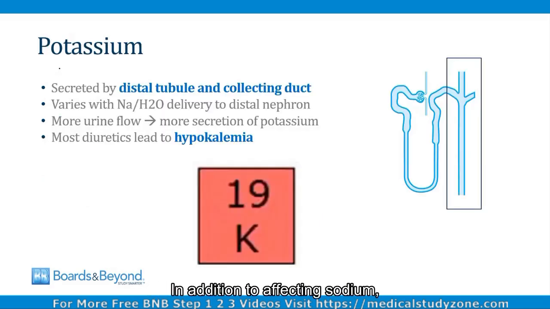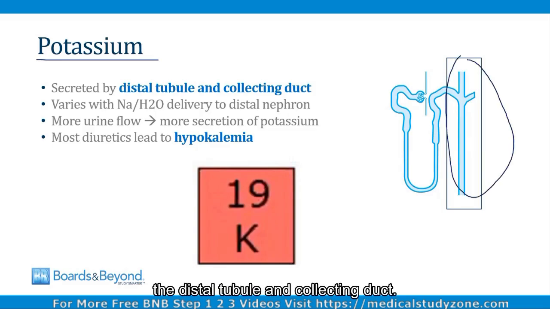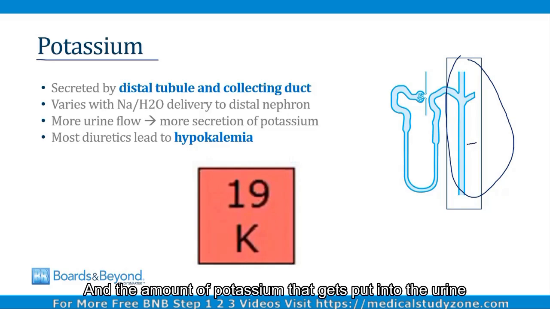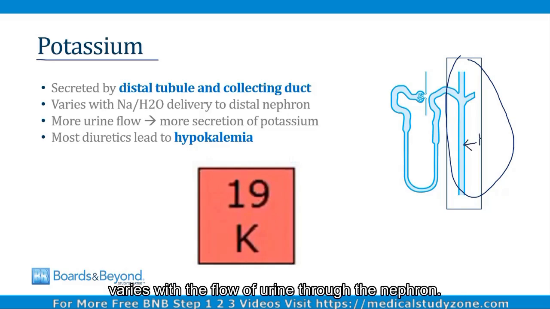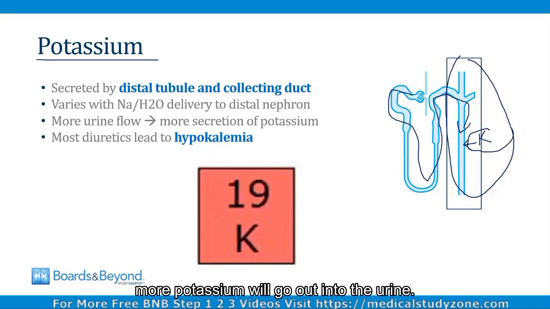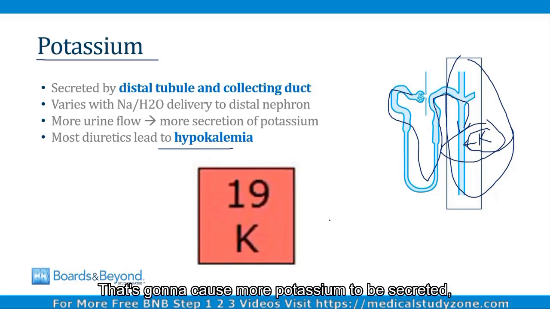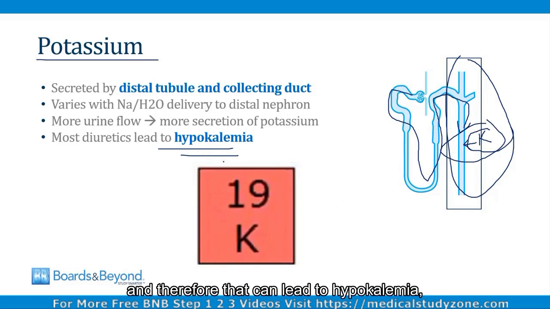In addition to affecting sodium, many diuretics affect potassium balance. Potassium is secreted into the urine by this portion of the nephron here, the distal tubule and collecting duct. And the amount of potassium that gets put into the urine varies with the flow of urine through the nephron. So anytime you increase flow through this nephron, more potassium will go out into the urine. So therefore, many drugs that are diuretics, which will increase urine volume, are also going to lead to hypokalemia. They're going to increase the urine volume flowing through the nephron. That's going to cause more potassium to be secreted, and therefore that can lead to hypokalemia,